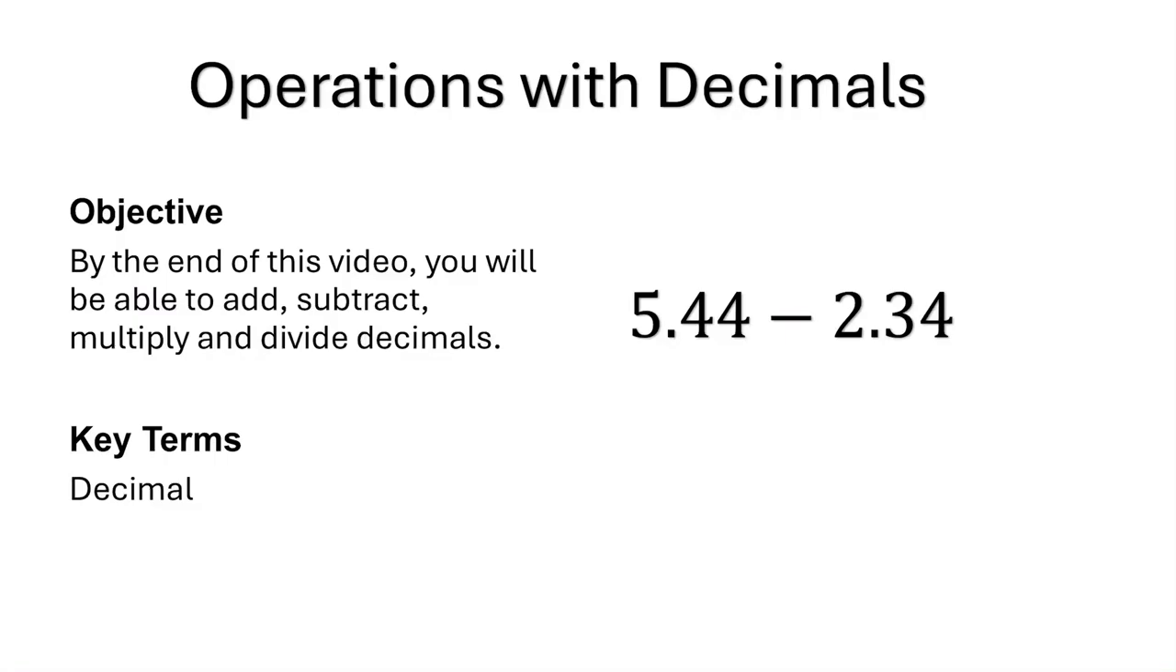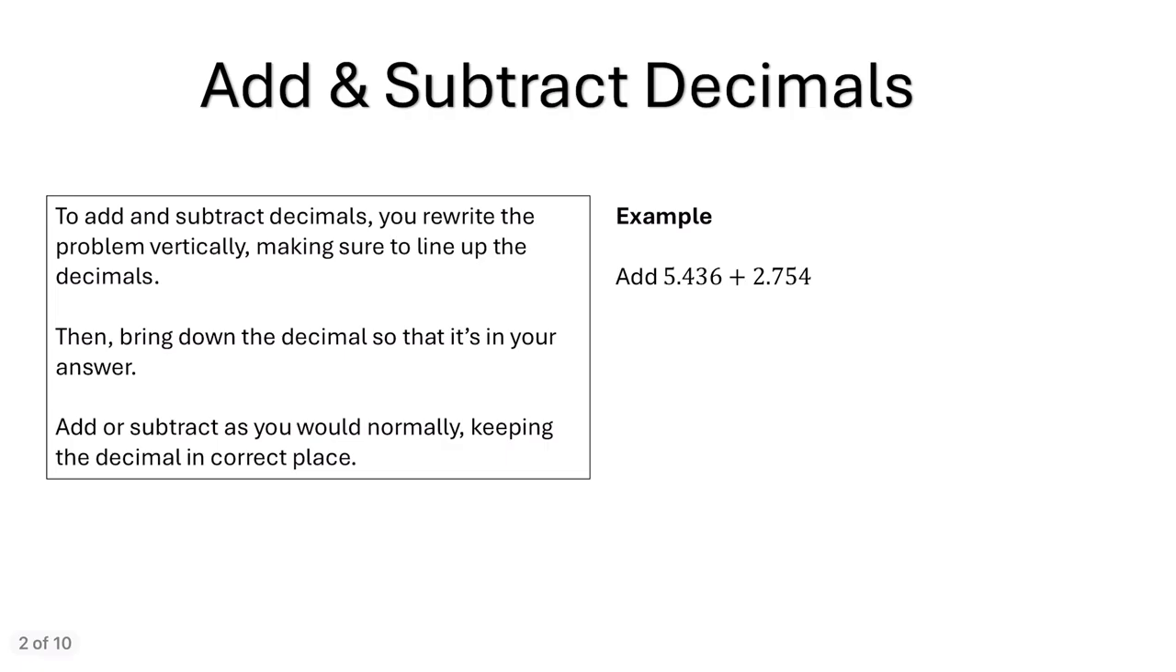In this video, we're going to talk about how to perform operations with decimals. So first, let's talk about adding and subtracting decimals. To add and subtract decimals, you're going to rewrite the problem vertically and make sure to line up the decimals. Then you want to bring down the decimal so that it's in your final answer